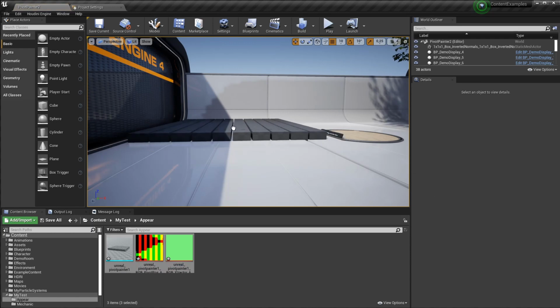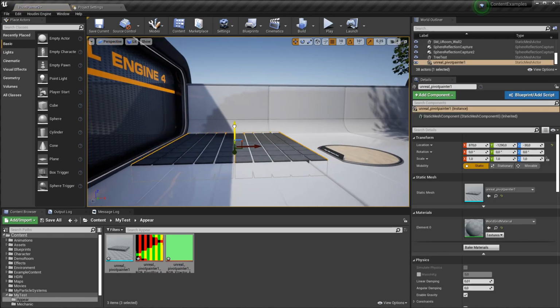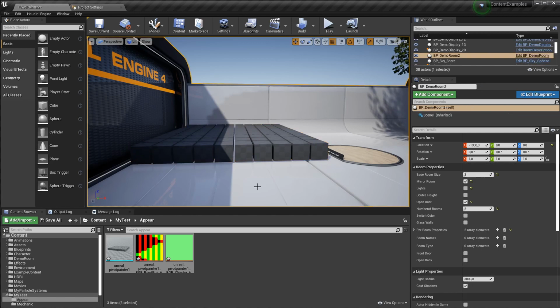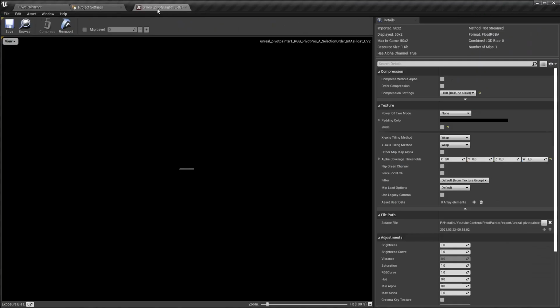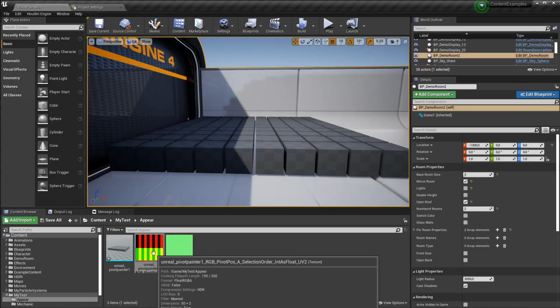There's one specific characteristic when it comes to the textures. The default settings seem to distort the textures and mess with the data they hold. I again rely on Paul's video where he explained which are the correct settings, so we need to make sure that the compression setting is set to HDR, sRGB is off, and the filter is set to nearest, which seems to have the most effect. We need to do that for the second texture as well.